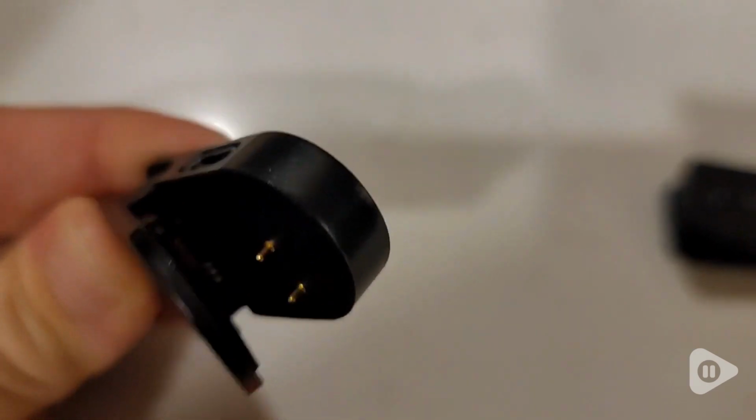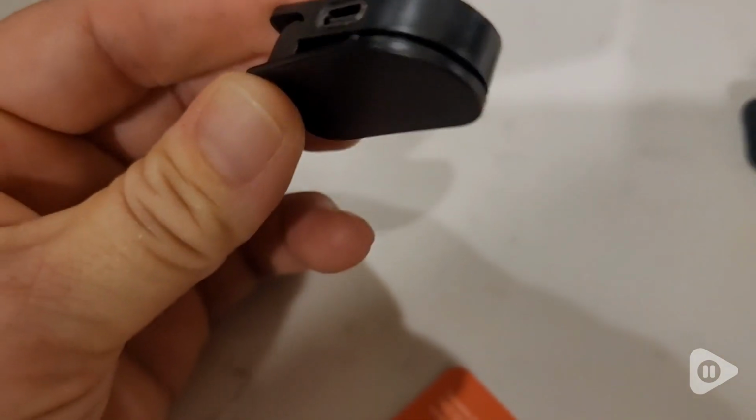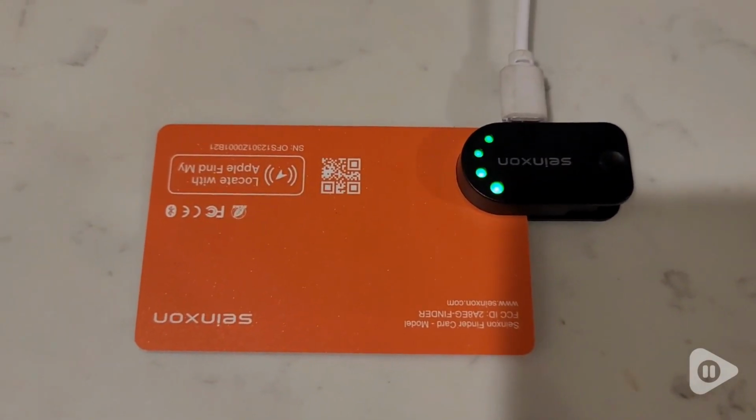I also love that a charge can be held for months at a time, and you can charge these things thousands of times. The panic in the morning trying to find his keys and wallet is no more thanks to